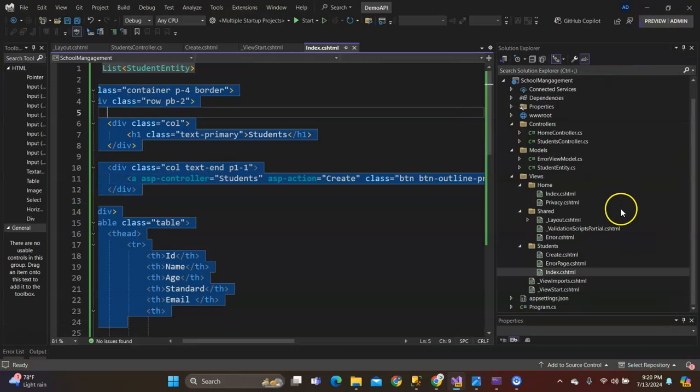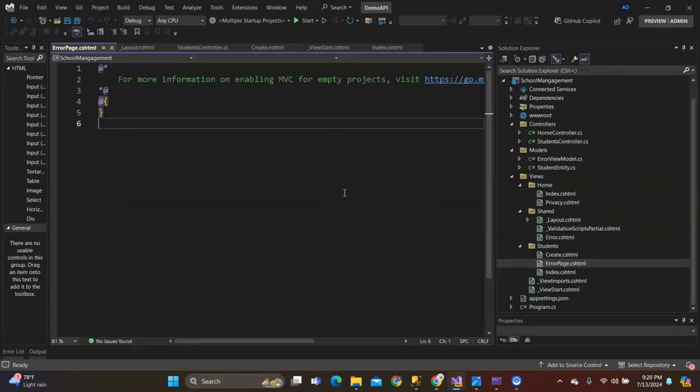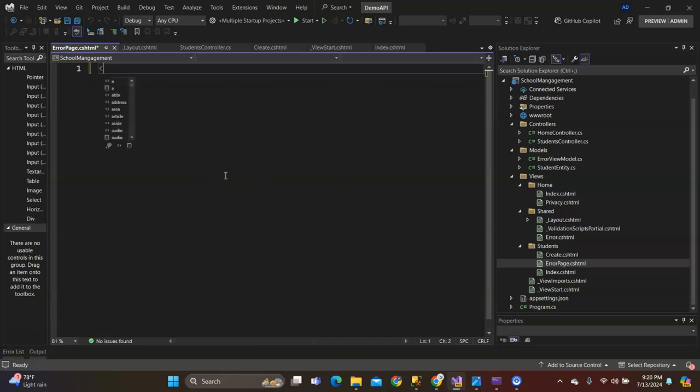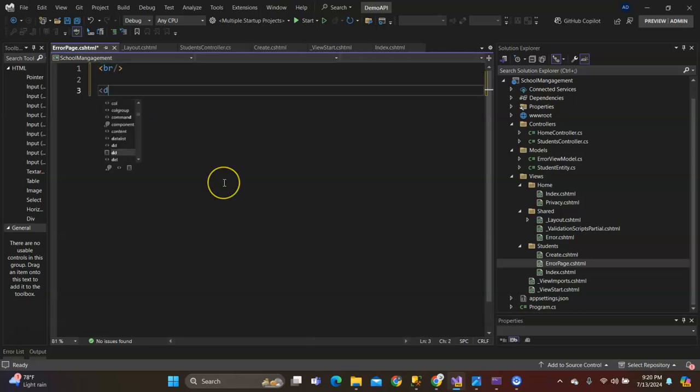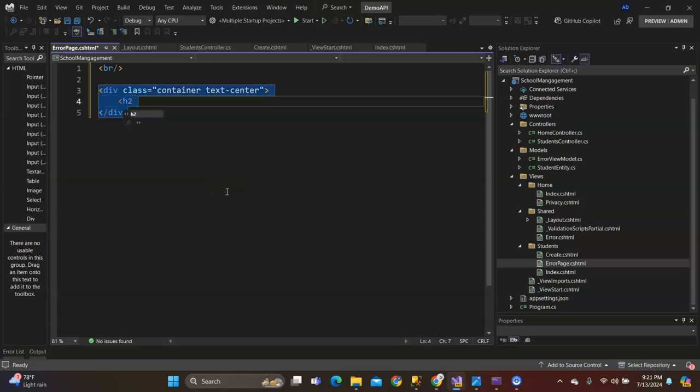I will actually also mention that in the error page. Let me go to the error page and just mention the error details over there. So simply this is a page where you can display the error information, or you can simply say there's some issue happened. So for me, I can just write over here. I'm just going to say br br, and this is a div with class container text-center, and this will be h2 class text-danger